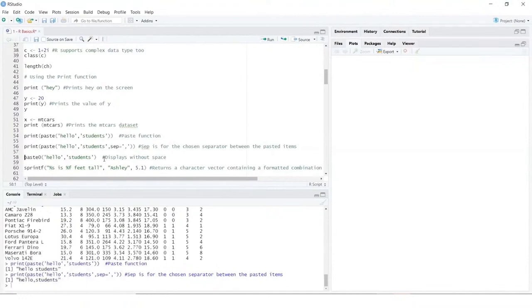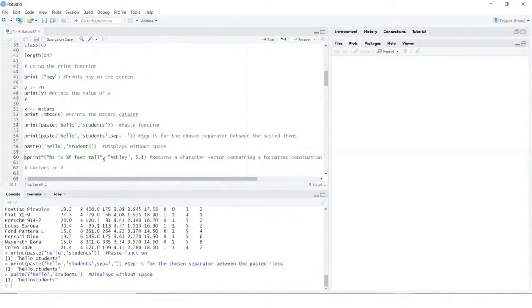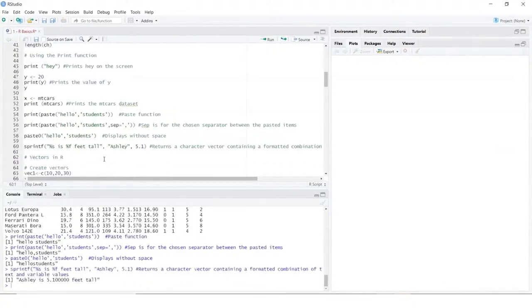So I'm doing here paste 0, and that tells me just concatenate these values without any space. So paste 0 shows no space between these two elements which were passed. Now we can explicitly do some printing, and for that I'm using a sprintf option. I am going to pass in %s, which is for string, and %f for float, and we can print the values of this. So these are some basic operations or usage of your functions to basically do some computations or